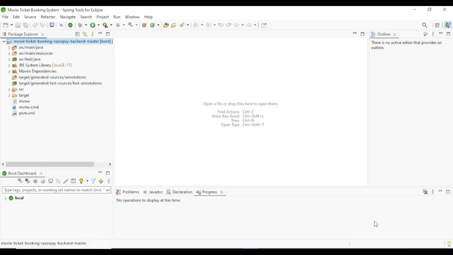So here the import is completed. If you are able to see this project structure, this Maven project structure, that means your import is done perfectly. But if you are not able to see anything like this, then that means your import is not properly done. So in this case, you can simply right click on the project,